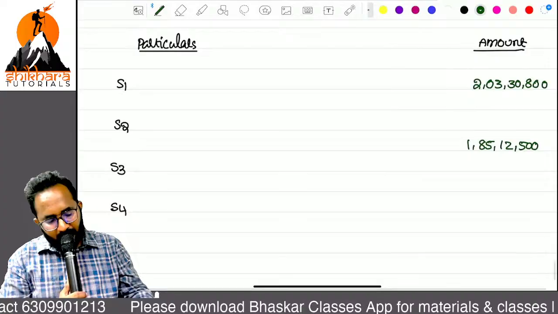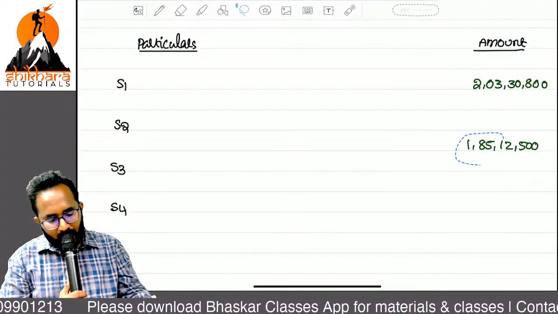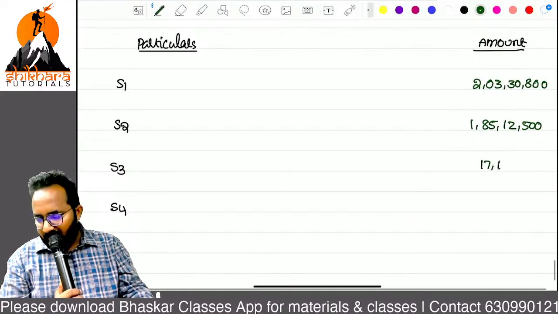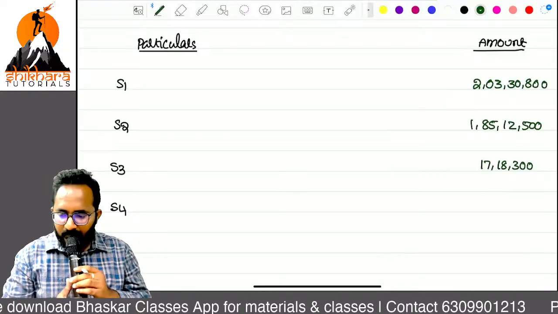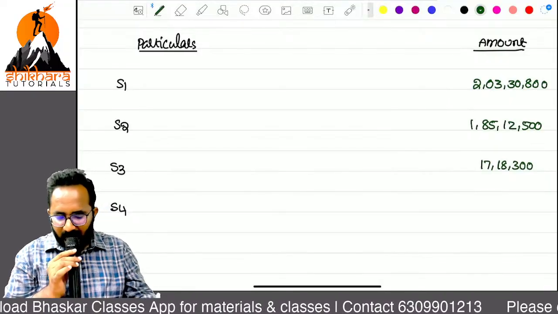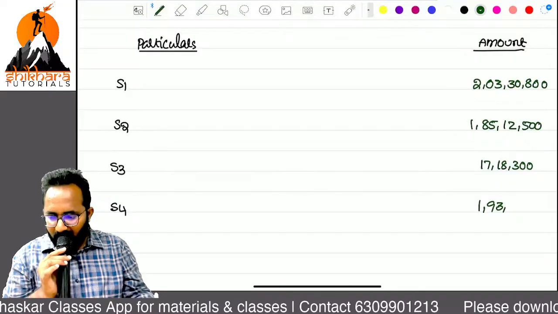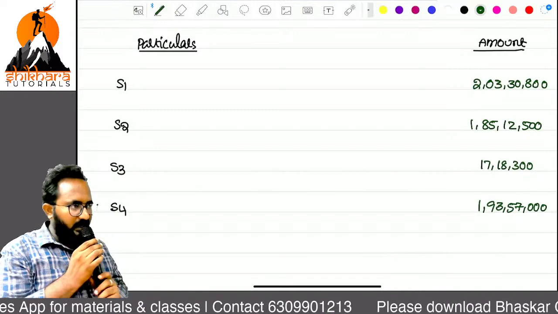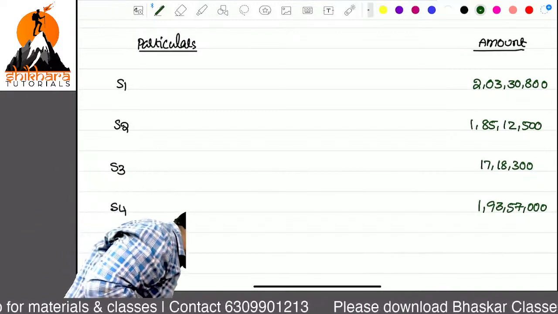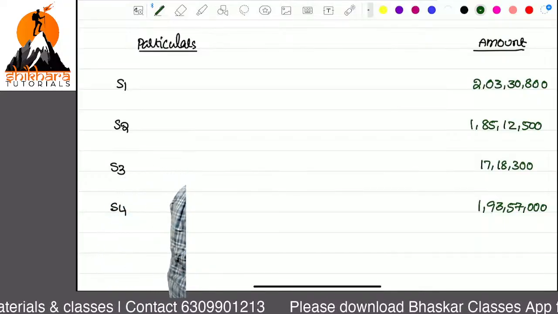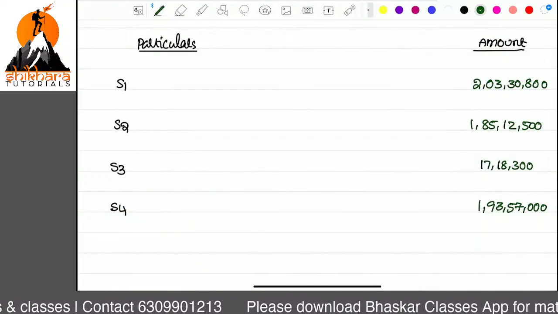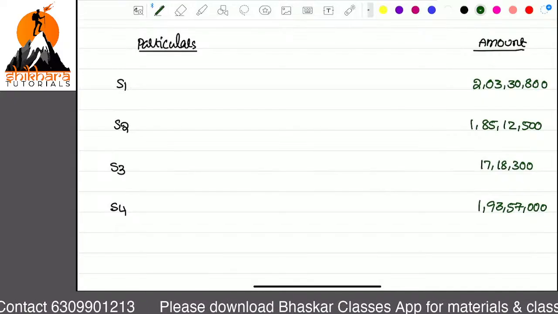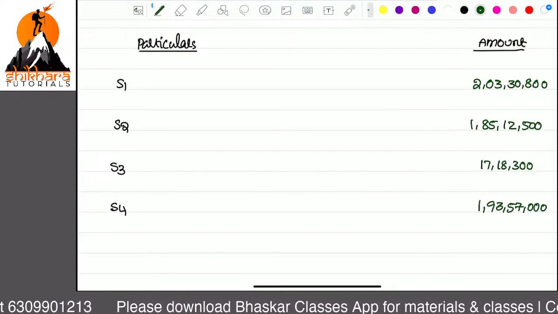Marginal relief you will get, ma. That marginal relief amount is the difference between these two steps only. That is 17 lakh 18,300 you will get. After that, finally, tax liability will be 1 crore 93 lakh 57,000. Now you have to follow the steps and please check whether you are getting the last answer. And please take the basic exemption limits separately here.